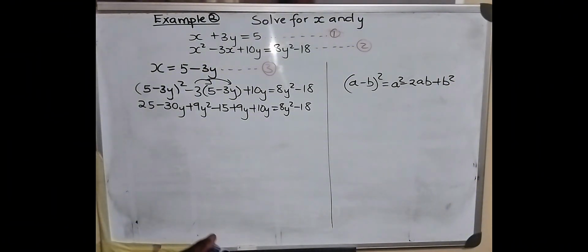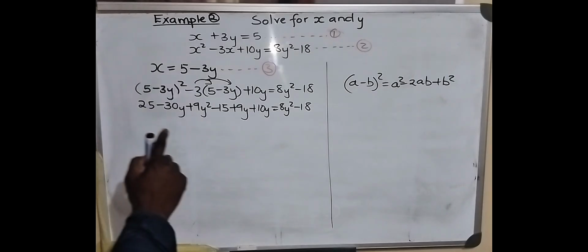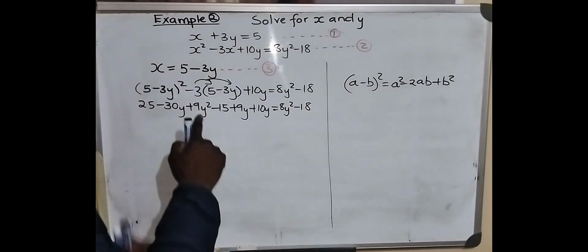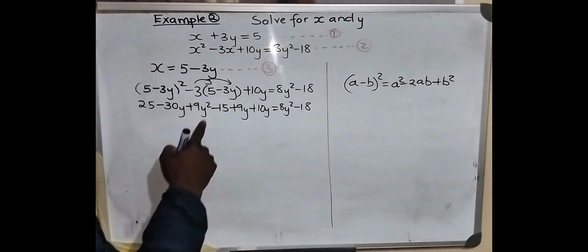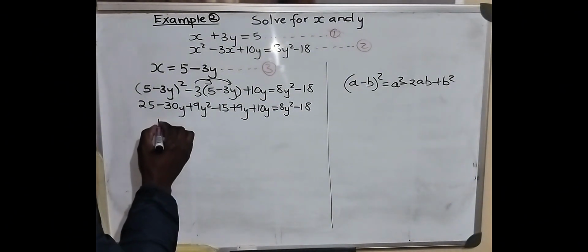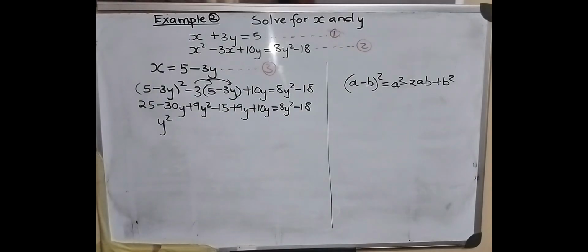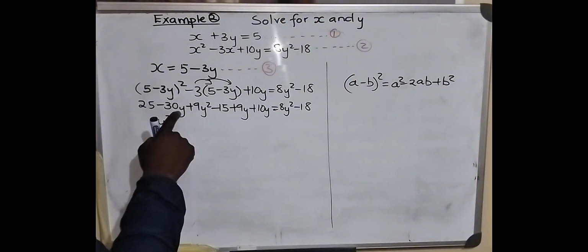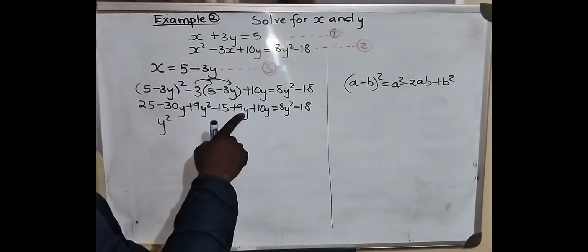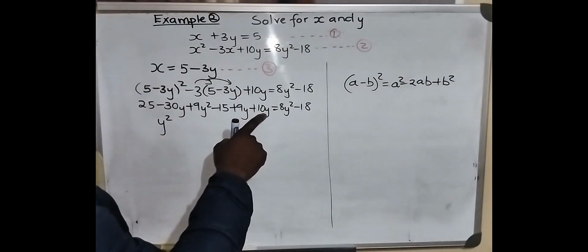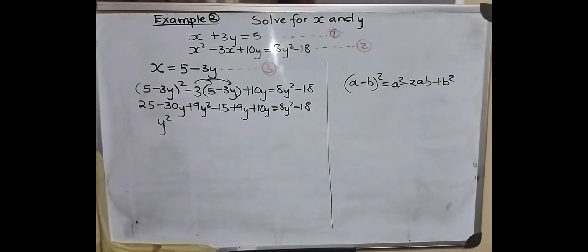If we do this, we see that we're going to obtain, on this side, positive 9y squared. If we bring this one, this side is going to be negative 8y. So we're going to obtain positive y squared. And then here you can see that we have negative 30y, and we also have positive 9y, and then we also have 10y. So from that you can see that we're going to obtain